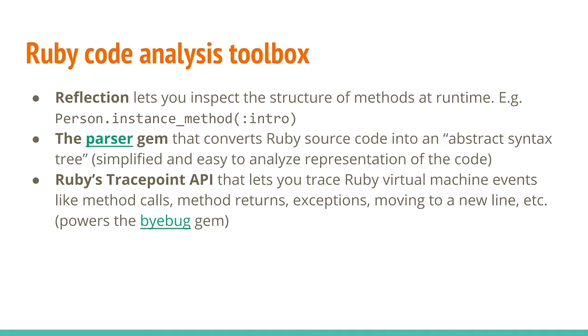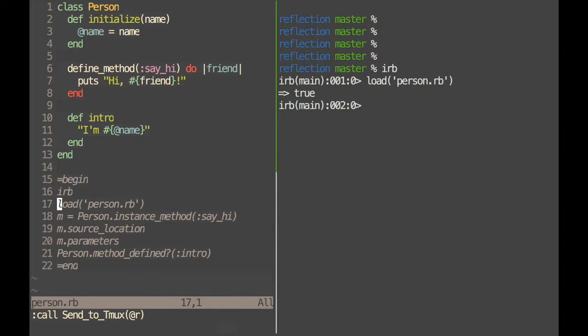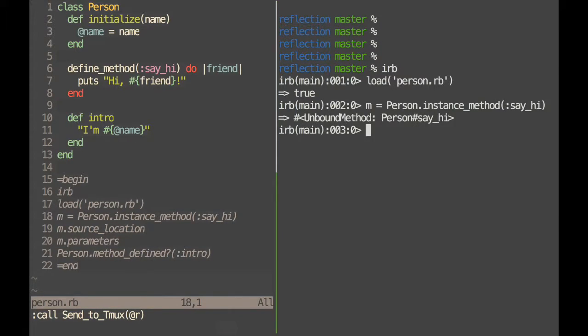So I want to demo these three pieces of the toolbox to you. So I'll jump over here. So here's just a really simple Ruby class Person. And what we're going to do is we're going to just bring up Ruby console and load that code in. And then we can do that here. We can say